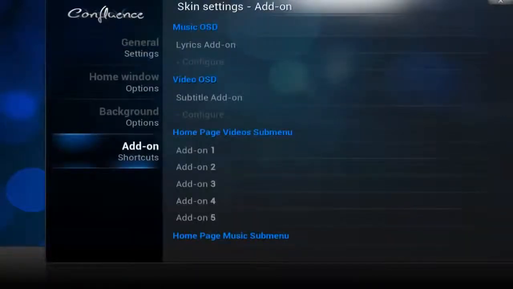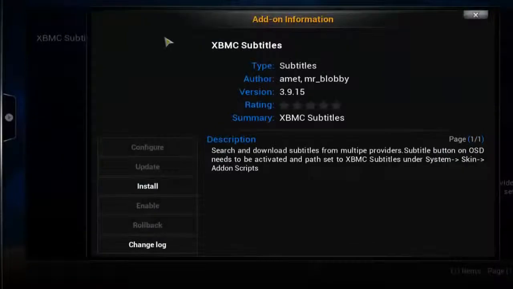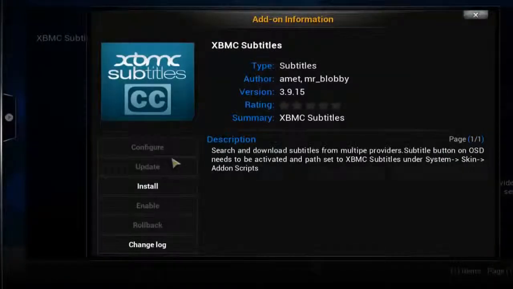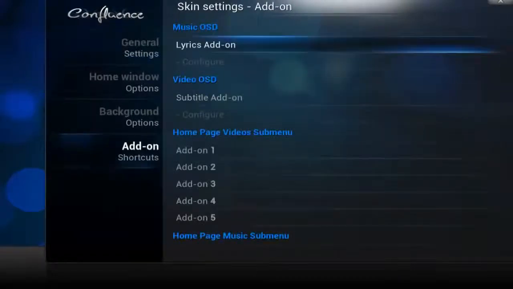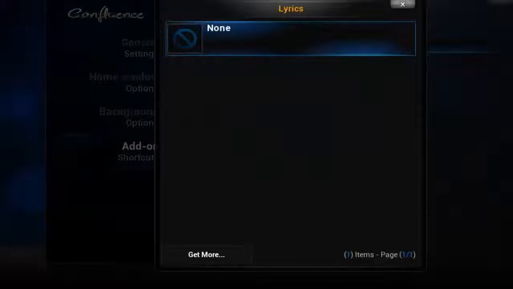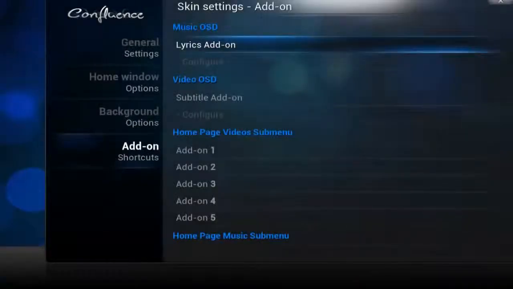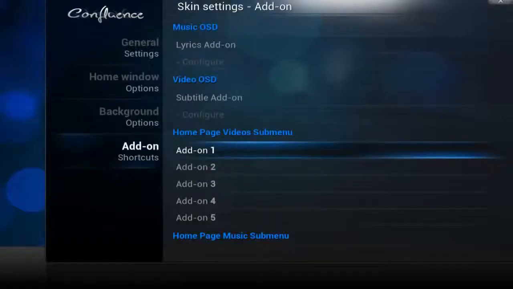Real quickly, I'm going to add the subtitle. And again, you'll click Get More. Go ahead and click xbmc Subtitles and then Install. And then you can go back. While that's installing, you can open up Lyric Add-ons. And we'll wait for that to finish installing before we open it up again, and scroll over to Homepage Video